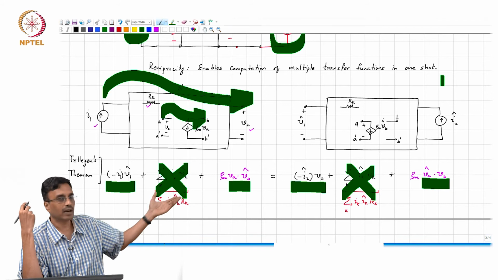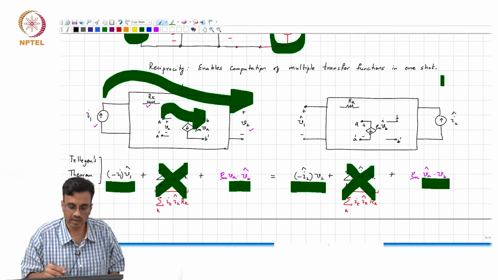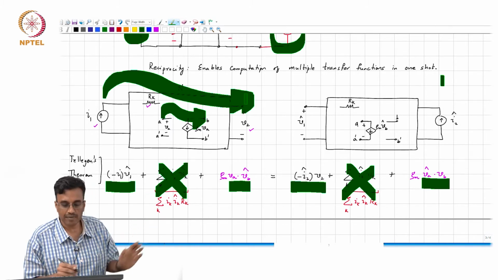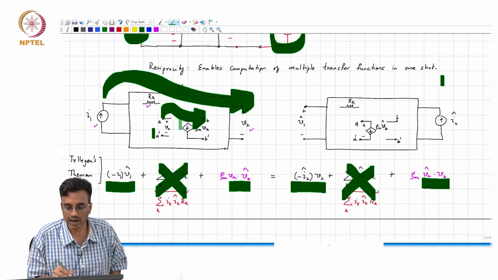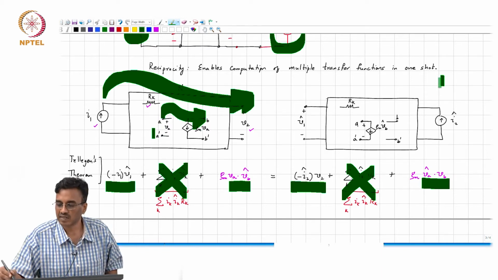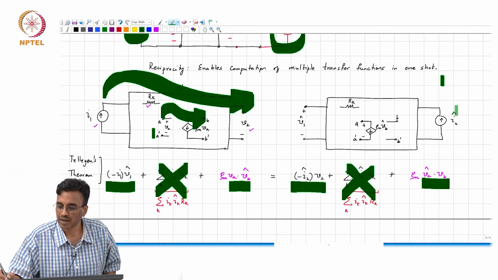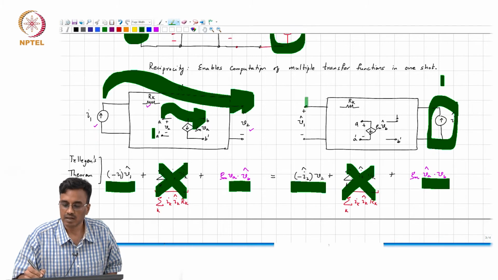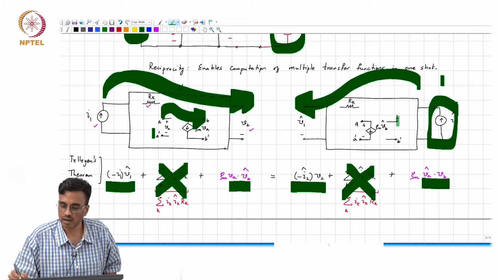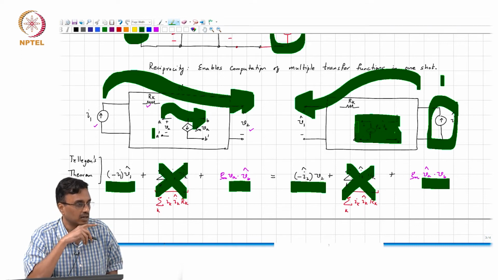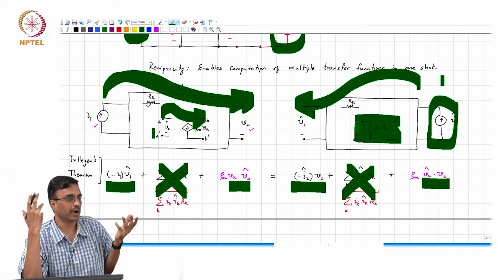At least this seems to make intuitive sense, because here you apply the excitation on the left, and the controlled source has a controlling port on the left and a controlled port on the right. It seems reasonable that, given that the control source is the source of all our problems, if we put in an excitation on the right and measure the response on the left, then it seems reasonable to flip the orientation of the control source, and we just try. Okay, at this point it's just a hunch.